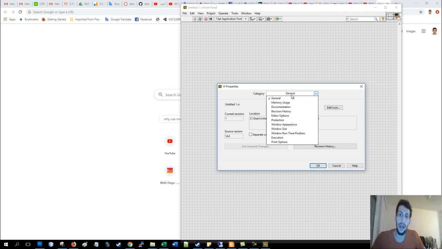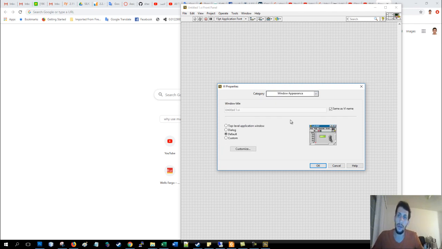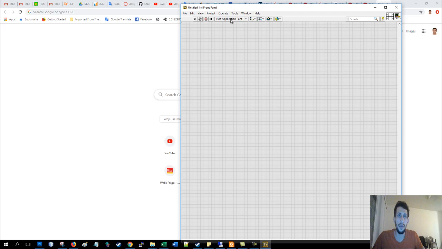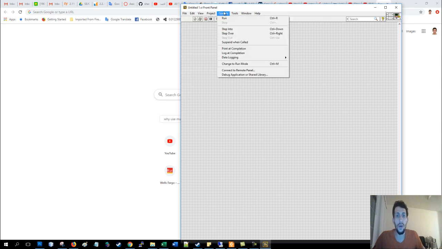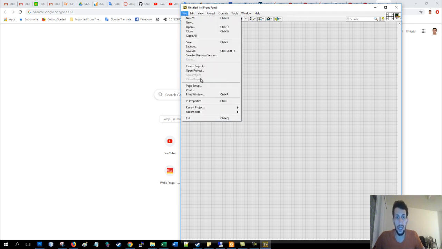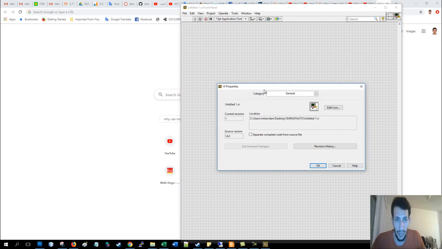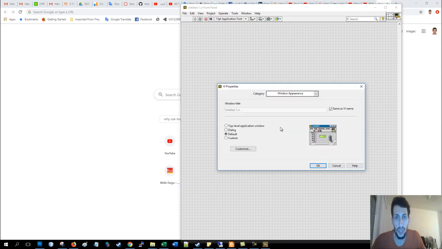Now, window appearance. Sometimes you want to customize how the window looks. By default, you get this ribbon here. You've got the drop menus right there. If you don't want these to show up in your end application, the way to do it is to come here, and then you can show it as a dialog or a top level application. Dialog will basically, okay,